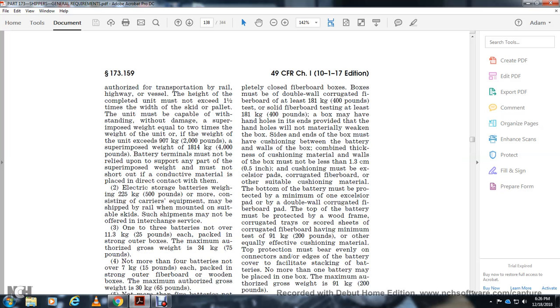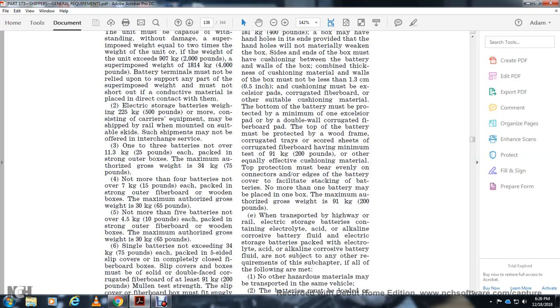No more than 1 battery may be placed in one box, with a maximum authorized gross weight of 200 pounds. When transported by highway or rail, electrical storage batteries containing electrolyte, acid, alkaline, corrosive battery fluid,